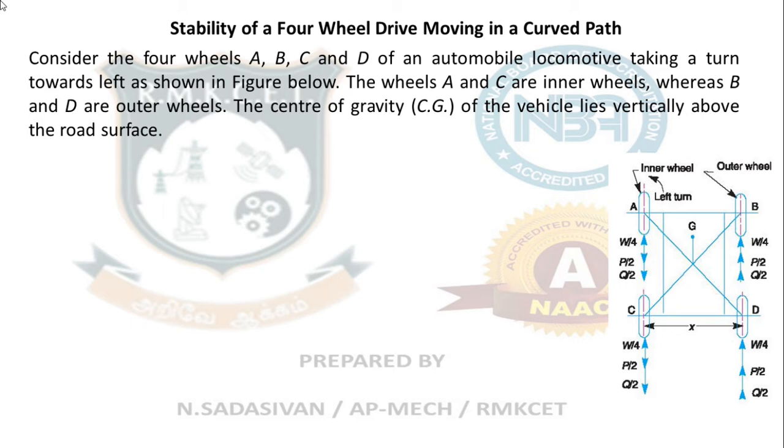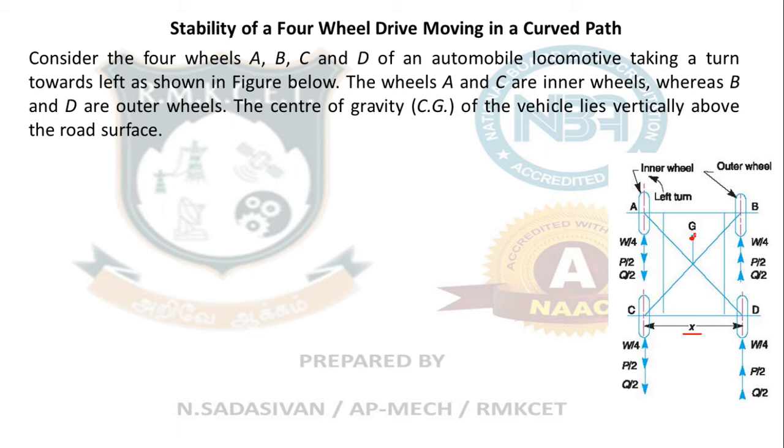G is your center of gravity. By putting G there, we can make an assumption that the engine is towards the front of the vehicle, because the engine is the heaviest part in the automobile. When your engine is in the front, your center of gravity obviously lies somewhere near the heaviest part of your car. A, B, C, D are the wheels. X is the width of the car between the wheel center lines. G is the location of the center of gravity.